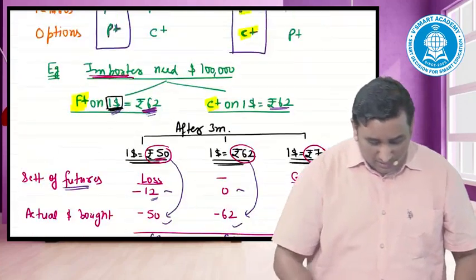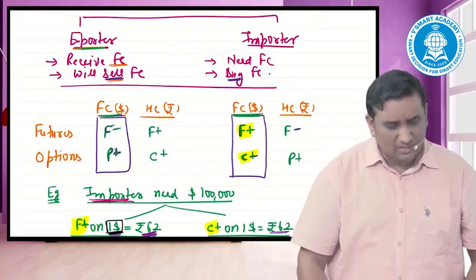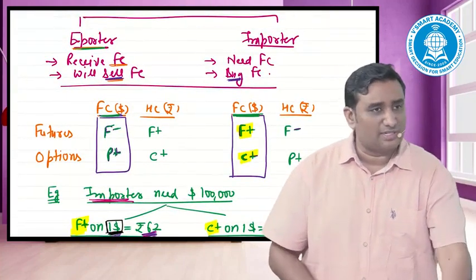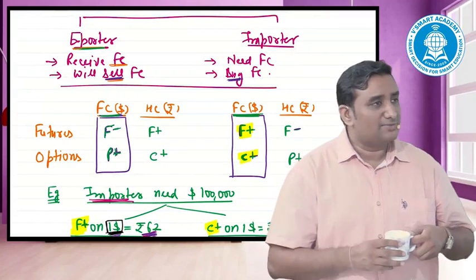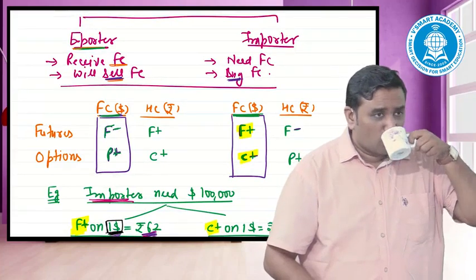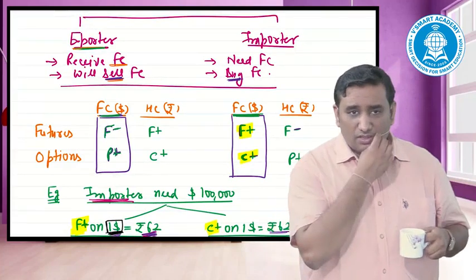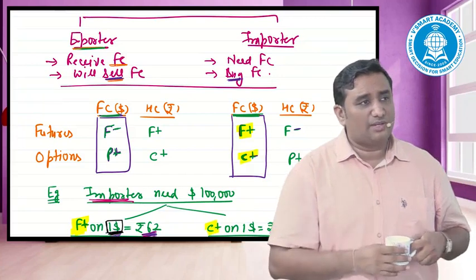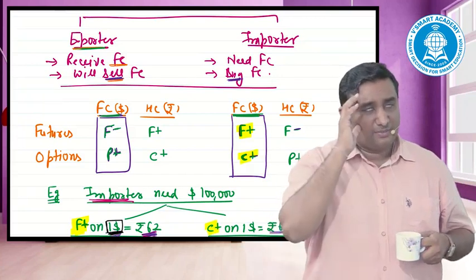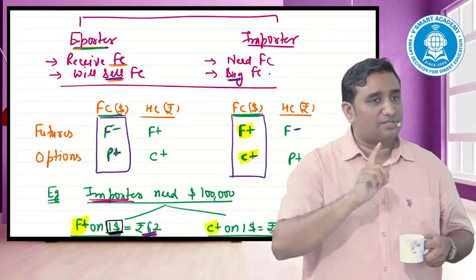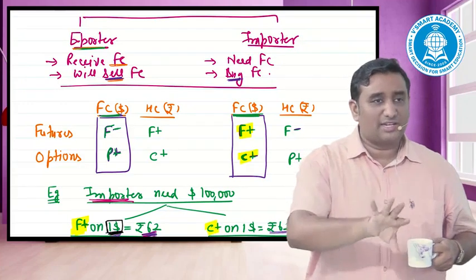The second rule which we have to remember is this. If you remember this chart, I'm saying no matter how complicated the question in the exam, I would be able to do it. Exporter basic nomenclature: receive. Is it selling of a foreign currency or buying of a foreign currency? Selling. I can remember selling is F minus or P plus. Put: F minus, P plus. The rest I can make here.